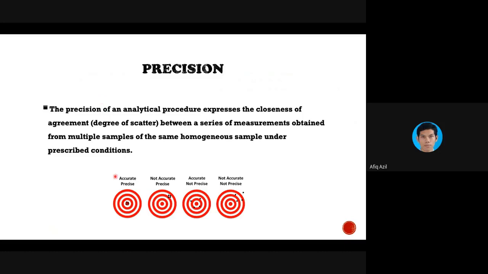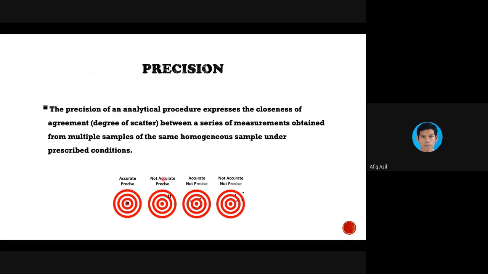Okay, so for example here, we use the bow, for example. So this is considered to be accurate and precise, in which all of the readings are in the middle.